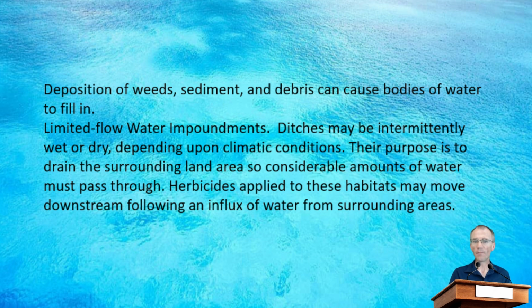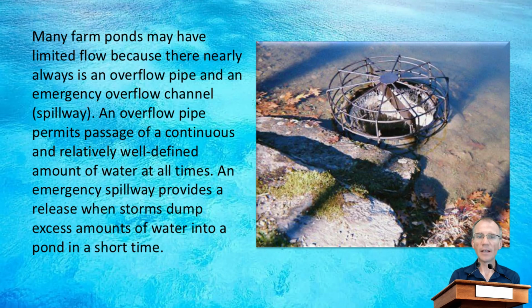Limited flow water impoundments. Ditches may be intermittently wet or dry, depending on climatic conditions. Their purpose is to drain the surrounding land area, so considerable amounts of water must pass through. Herbicides applied to these habitats may move downstream following an influx of water from surrounding areas. Many farm ponds may have limited flow because there nearly always is an overflow pipe